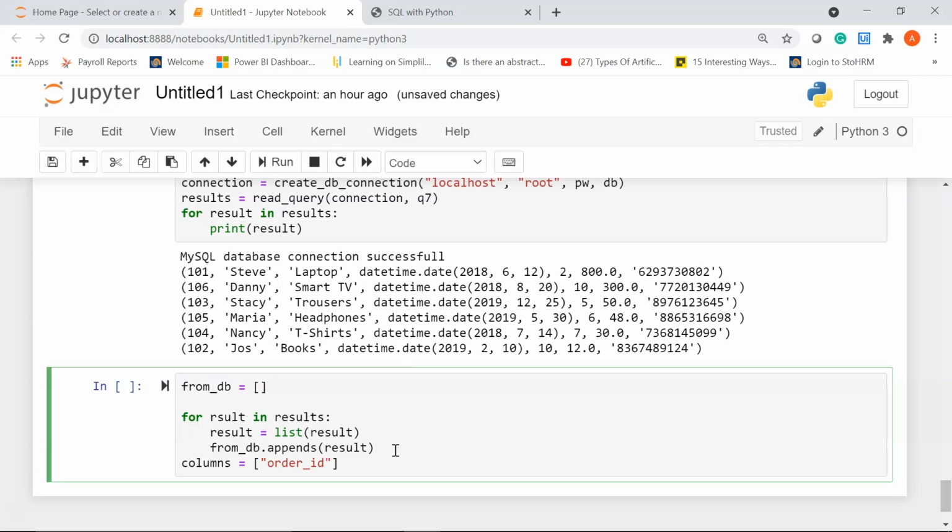So I'll give my first column as order ID, then we have the customer name. Next I have my product name. Then I have the date on which it was ordered.